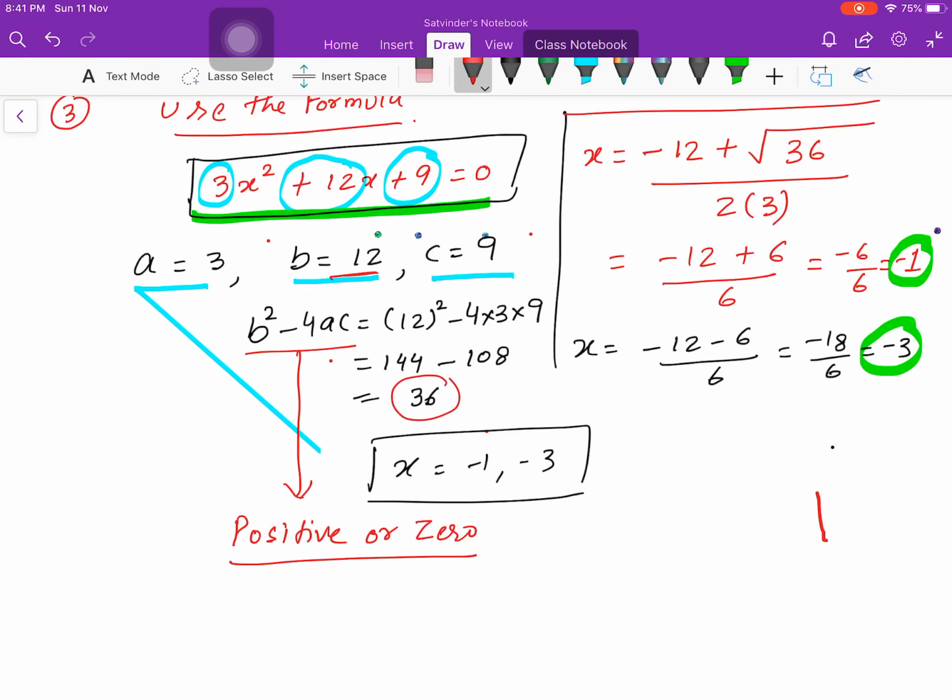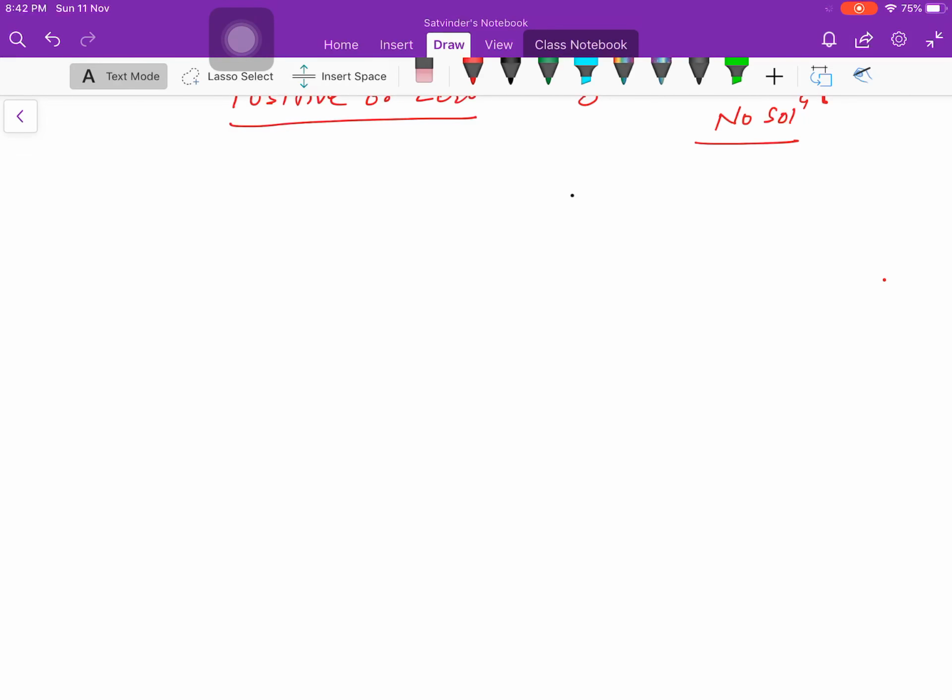So for example, if you get b square minus 4ac as negative 36, you can say no solution. Okay, and you don't need to solve this. You have to solve with the quadratic formula only if you got b square minus 4ac positive or 0. Let's take another example. So the second example I have with you,